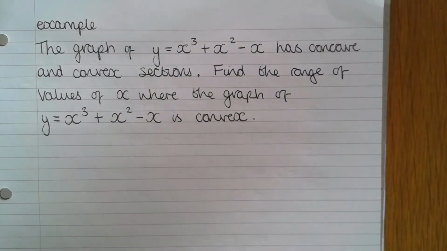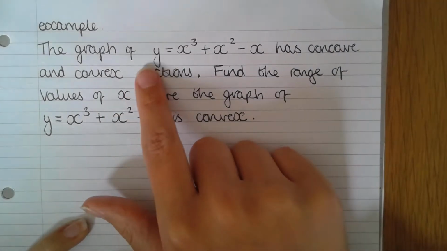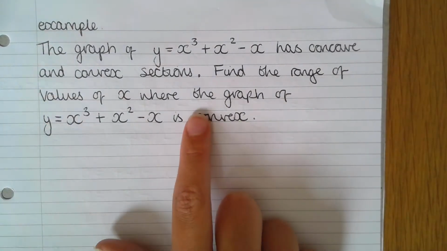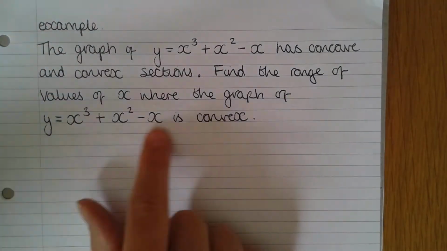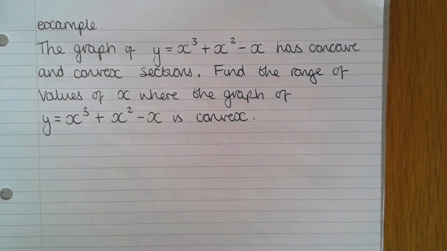So this is an example of looking at concave and convex sections. The graph of y equals x cubed plus x squared take away x has concave and convex sections. Find the range of values of x where the graph is convex. Okay, so looking at our notes